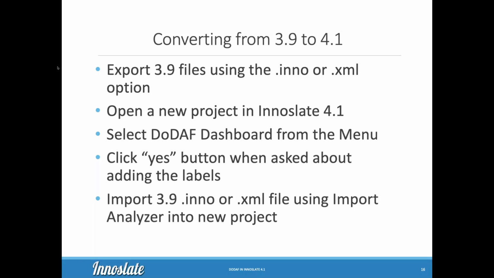And then select the DoDAF dashboard from the menu, okay? So you've got a new project in 4.1, you go over into the menu on the left-hand side, pull down, and you select DoDAF dashboard. If you want to pin that, because you're going to want to use that thing, pin that up on your menu bar. And so then once you do that, it will automatically ask you a question about,